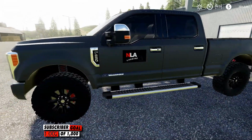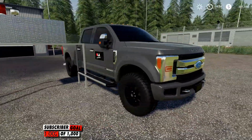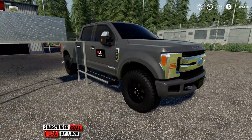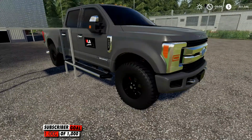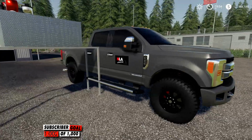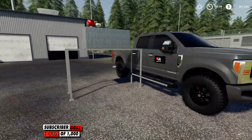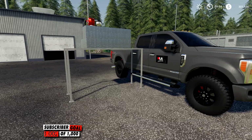I worked on this a good bit Saturday, trying to get the wheels to look right. These are some BF Goodrich all-terrain TAs. They had the white letters on the outside. I didn't like that, so I took those off. I tinted the windows, and the really cool feature is